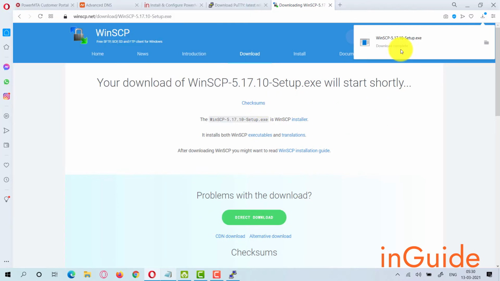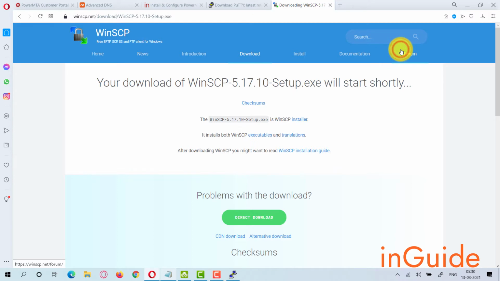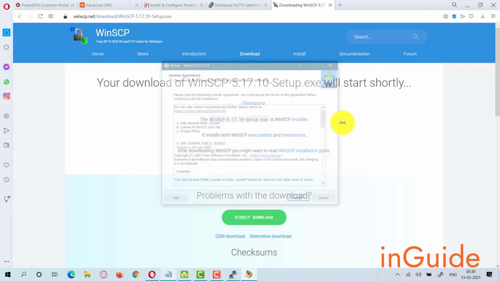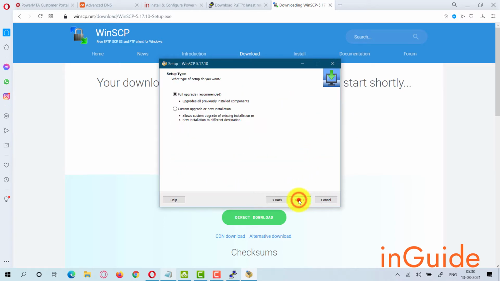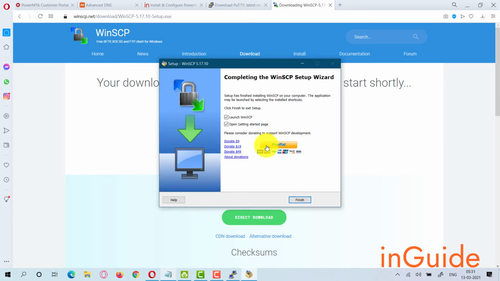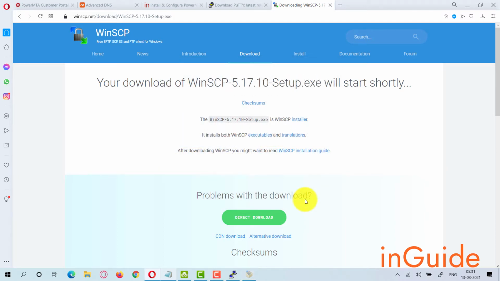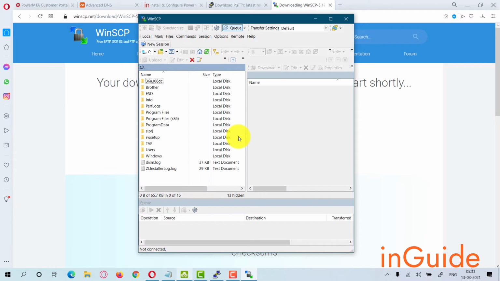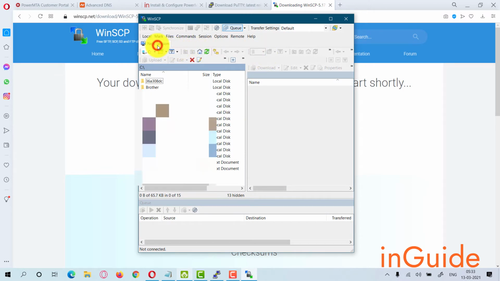So it's done. Now let me install it. Okay, now installation is done. Let's launch WinSCP. Now I am going to connect to the server.